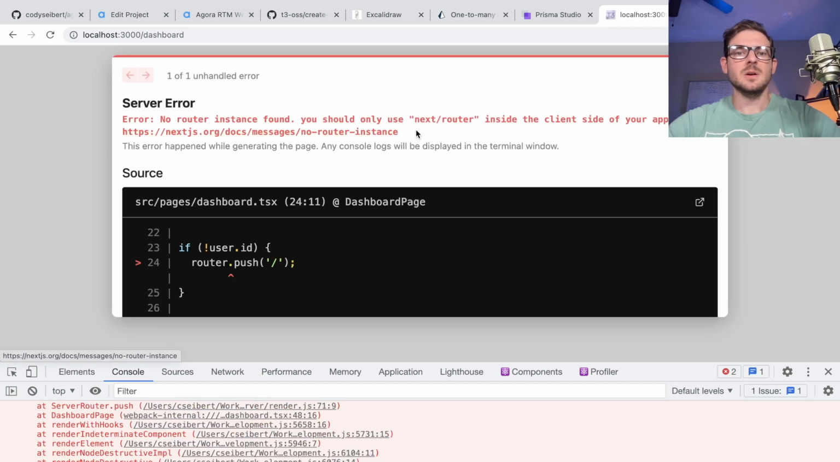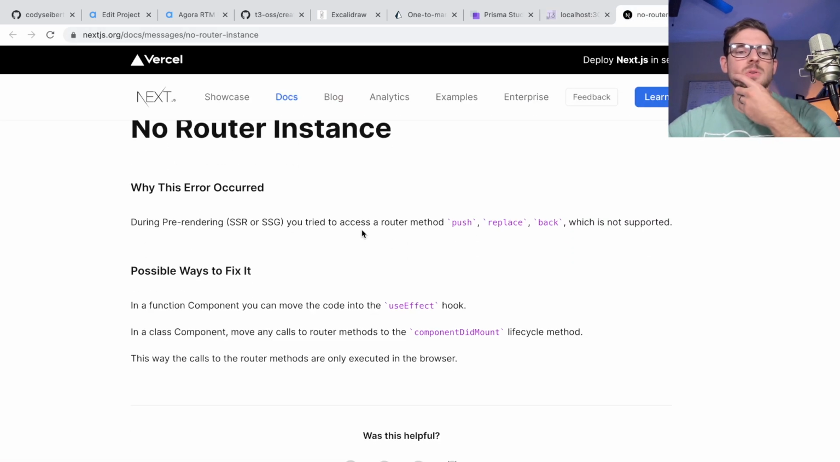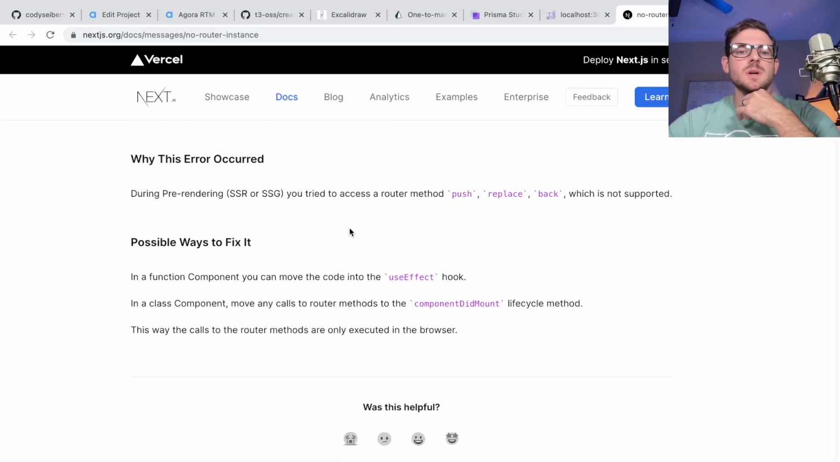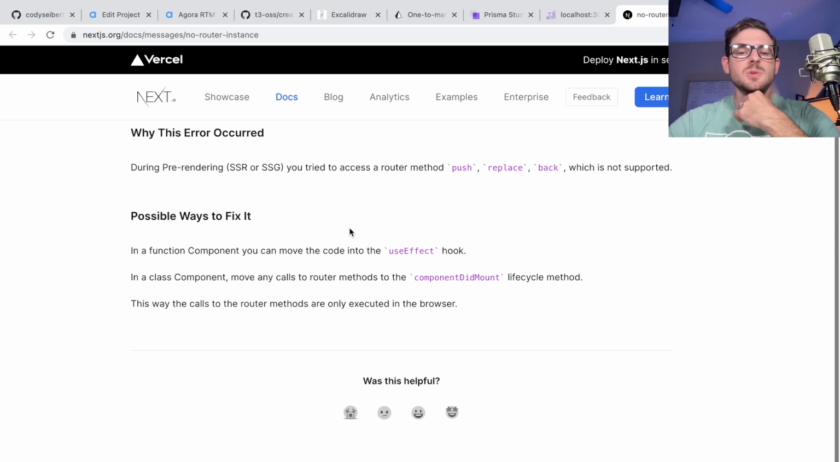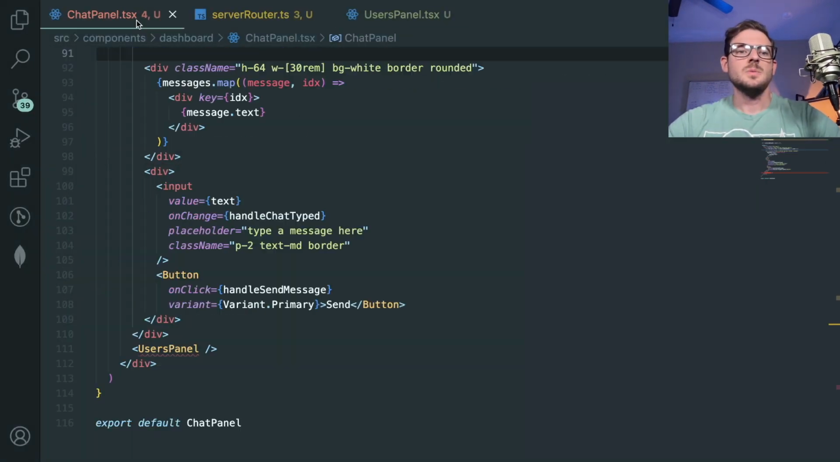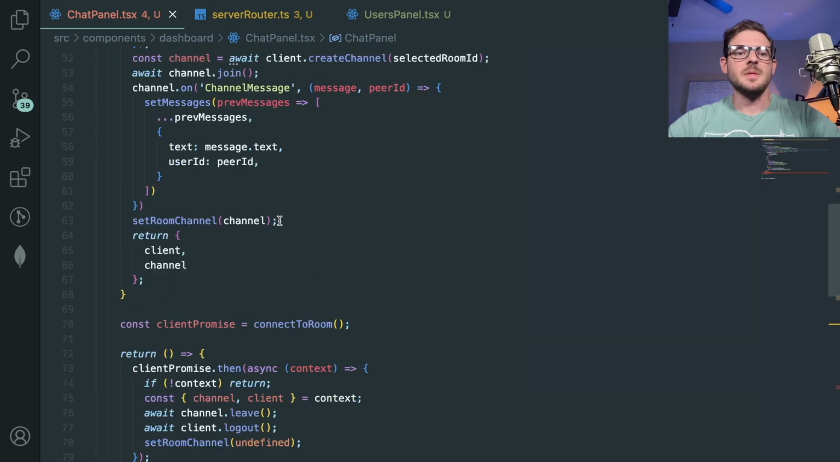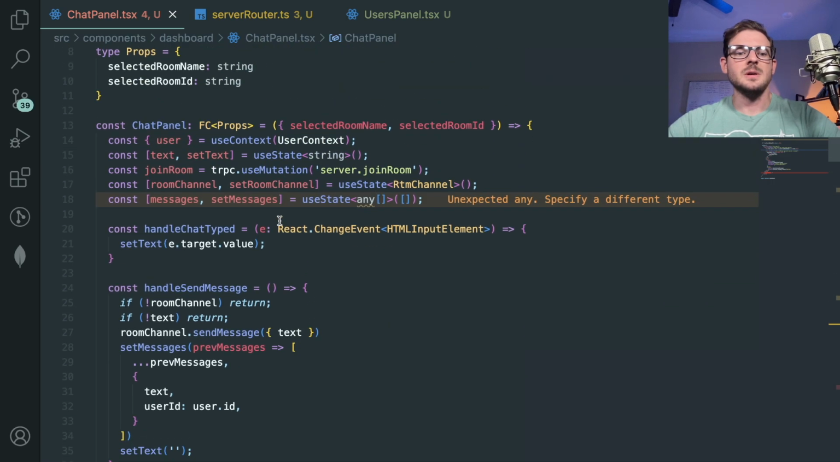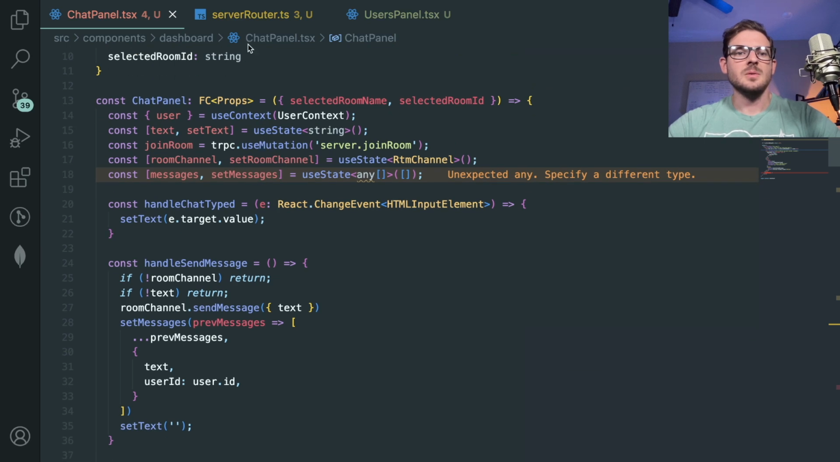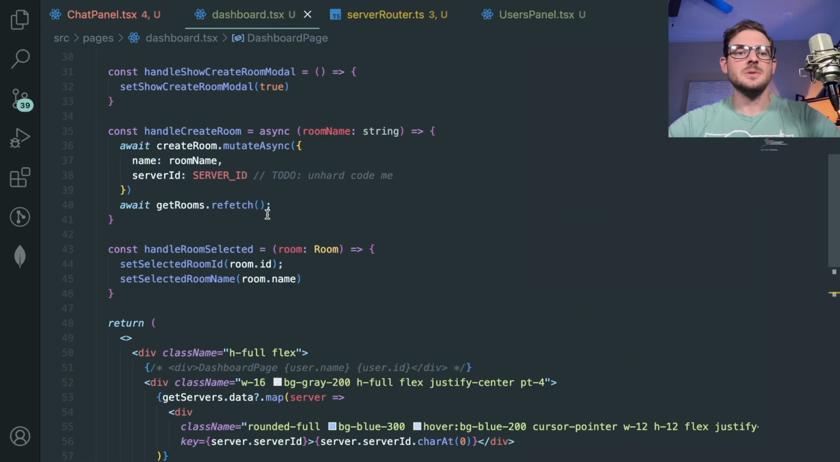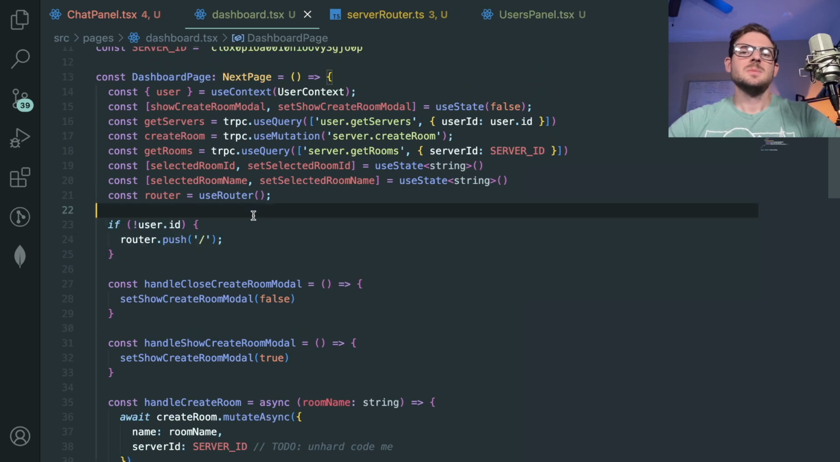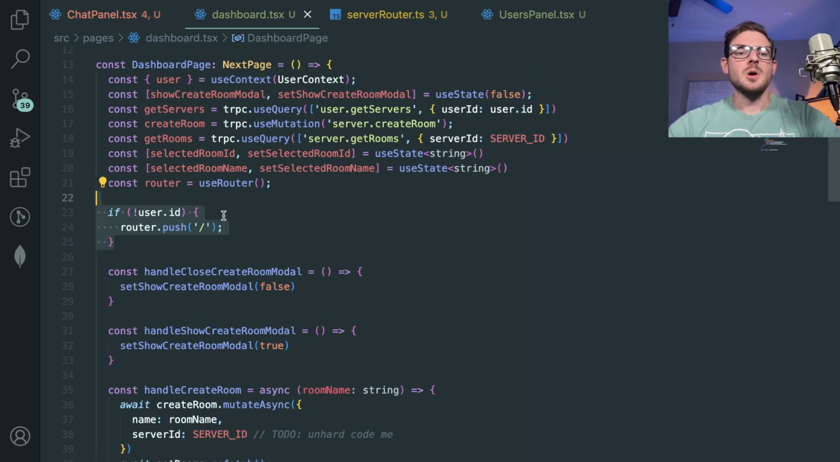this thing is still failing on this next router thing. Okay, let's go to the docs and figure this out. During pre-rendering, SSR or SSG, you try to access a router method push, replace, or back, which is not supported. You can move the code to a use effect. Okay, I should have just read the docs when I was getting caught up on that as well, but basically when the chat panel, actually when the dashboard mounts, it takes some getting used to with Next,